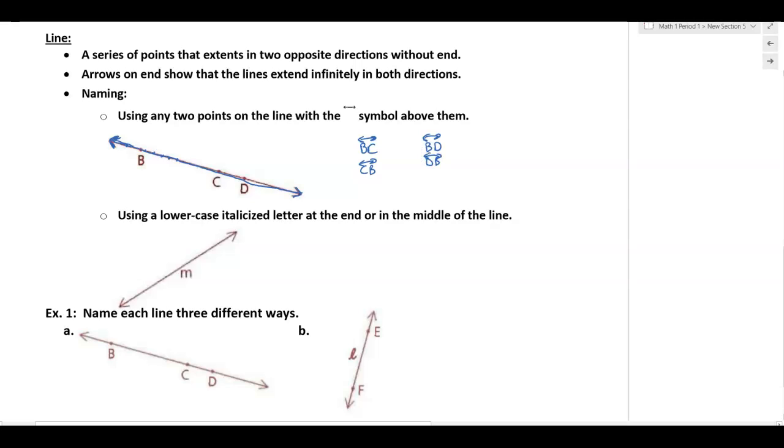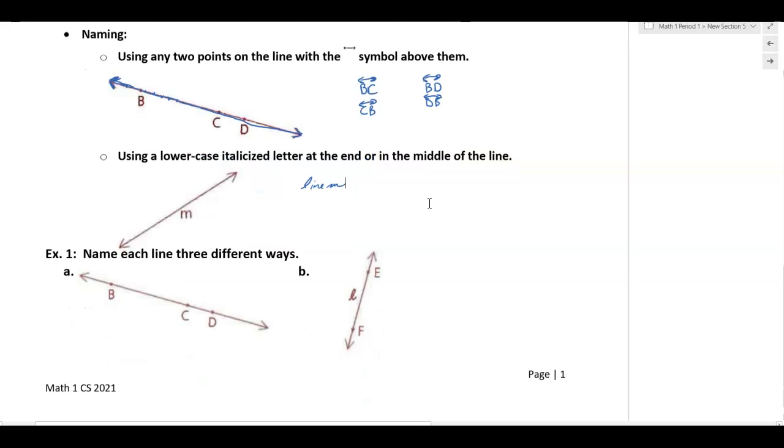The key is knowing to use the proper symbol above the 2 points. Another way we sometimes write the name of a line is sometimes you'll see a lowercase italicized letter at the end or the middle of the line. So if I see that, I can write the word line and then M, that little italicized letter. Okay, so in example 1 here, name,